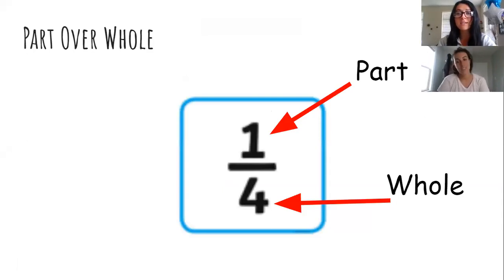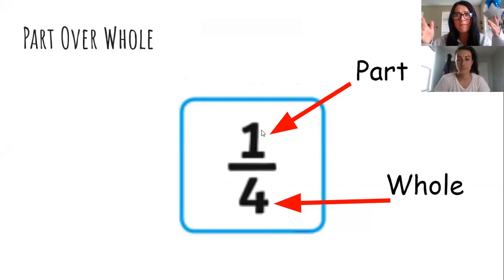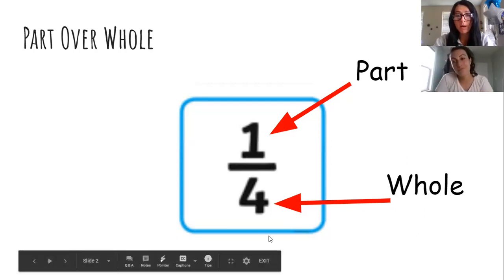When we talk about fractions, we talk about the part over whole. Echo? Part over whole. If you see on my screen right now, I have the part labeled, which is the top number in the fraction. Another word is numerator. Wow, thank you for that amazing vocabulary, Miss Laughlin. The part or the numerator is always on the top. Then we have that fraction bar, and sometimes we read that as over. So we have 1 over,